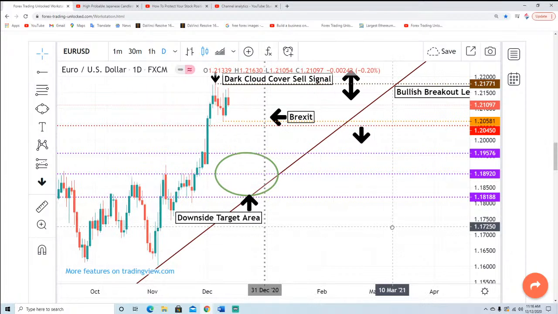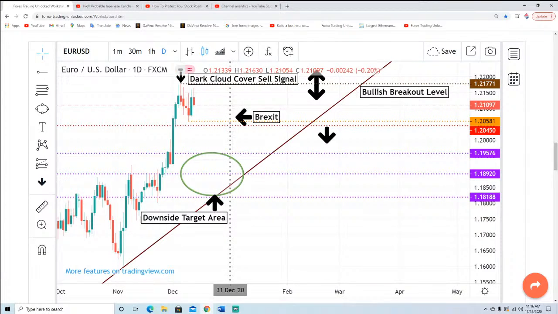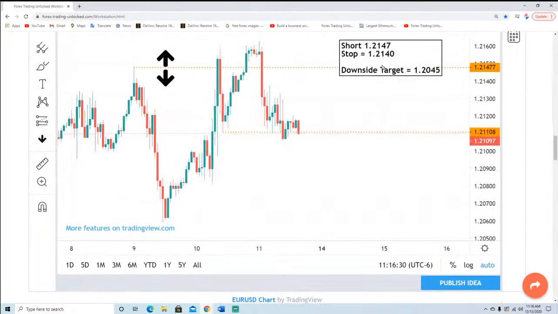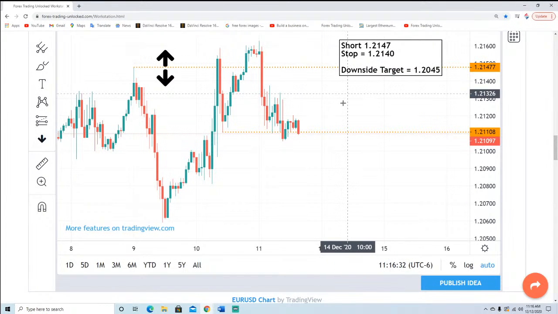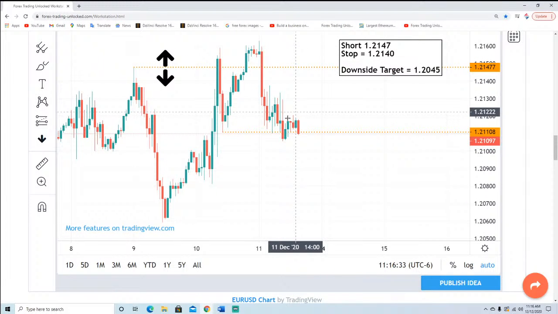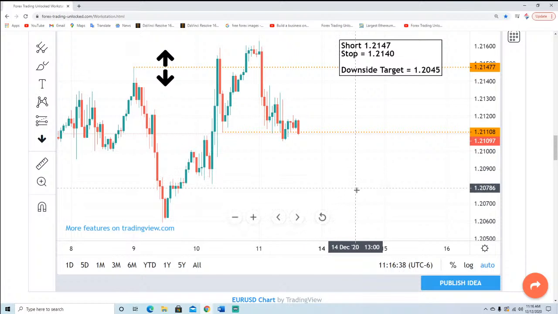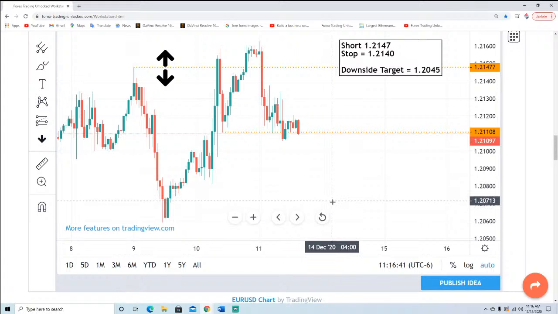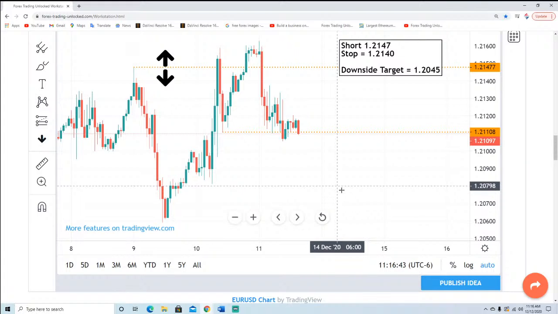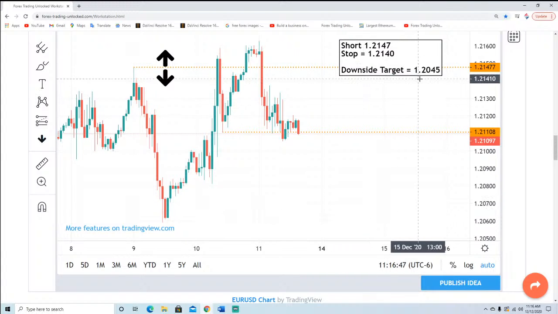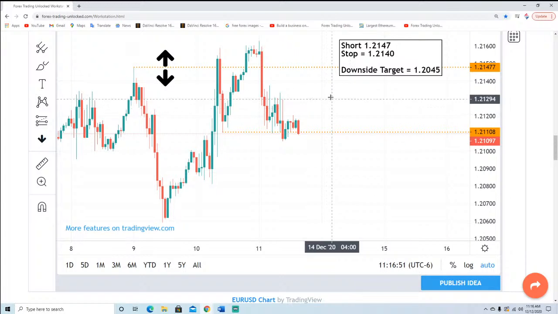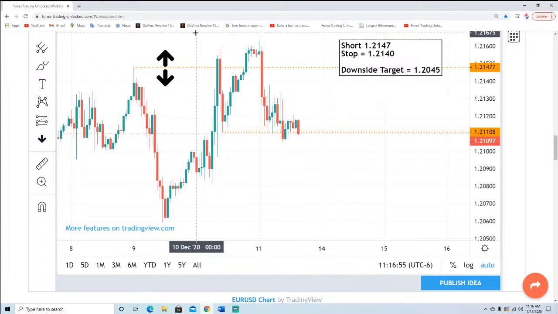So with that being said, let's go once again back to the hourly to prepare you for next week. On the hourly basis for the euro US dollar, we are looking for a follow-through break to take this market down towards $1.2090, $1.2080. If it fails from here, it should continue to press forward towards lower levels, targeting a downside target of $1.2045. If it gets above $1.2140, we're out of this trade, but really it has to get above